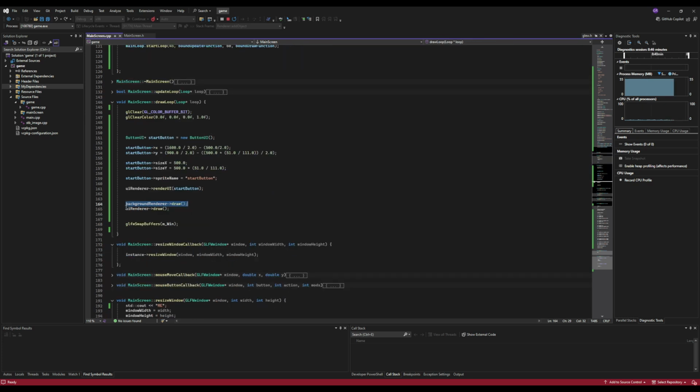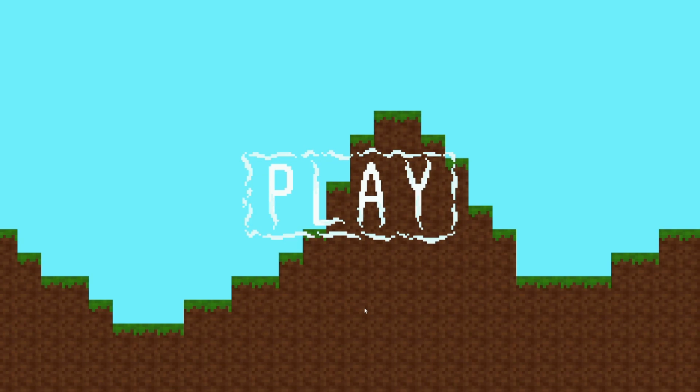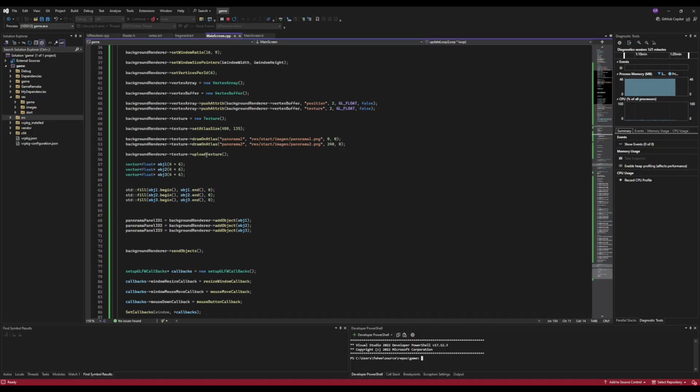Finally, all we need to do is to render the background before we render the UI. And it now looks like this, which I think is pretty good. Now we just need to make it so the panorama scrolls. And to add the scrolling functionality, we just need to add another sprite, which is the second part of the